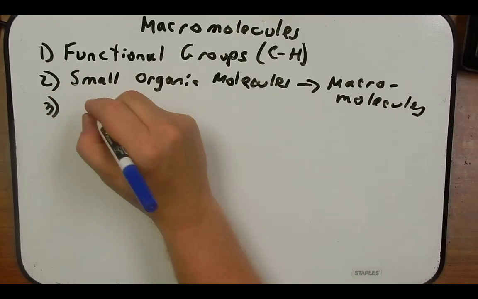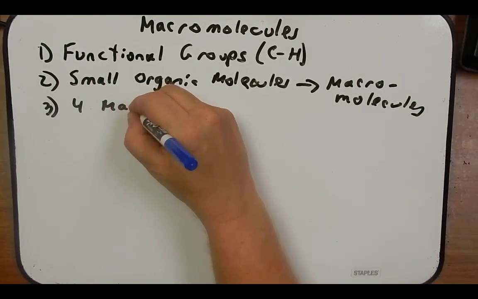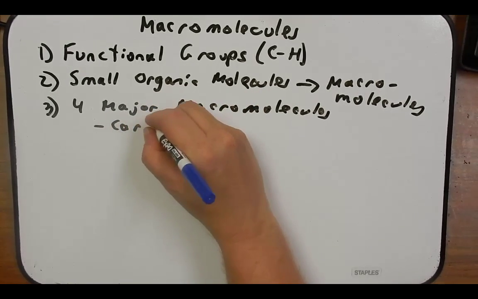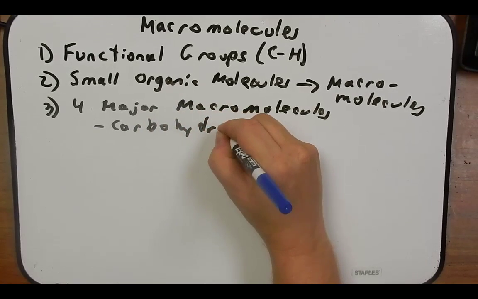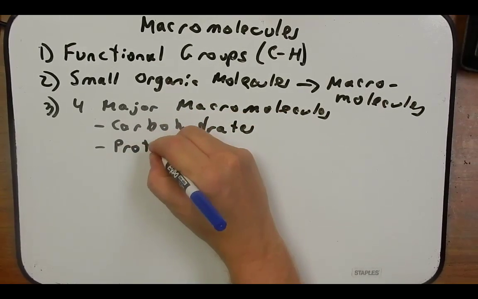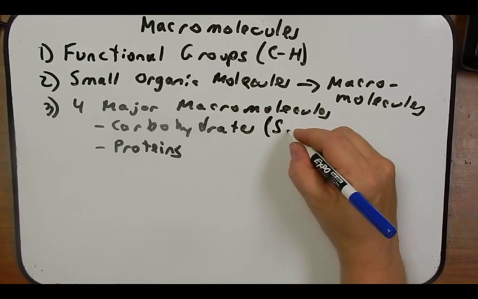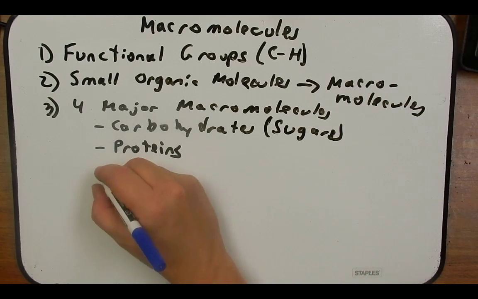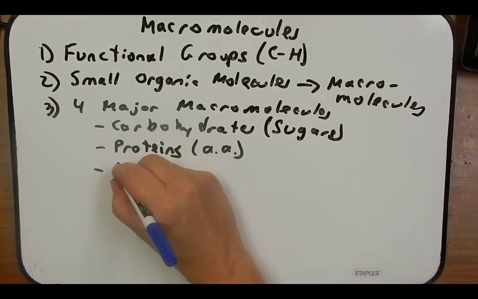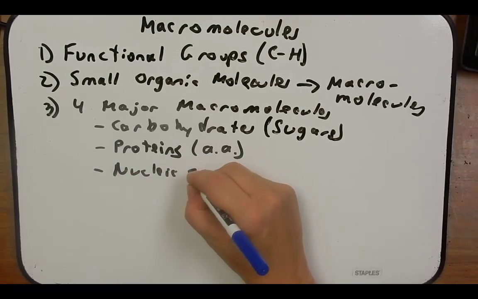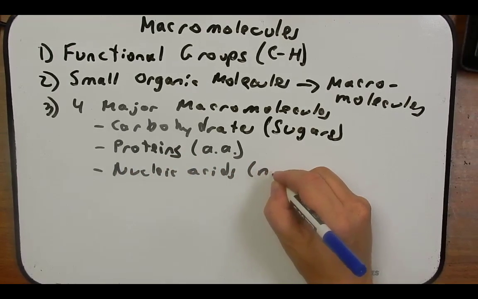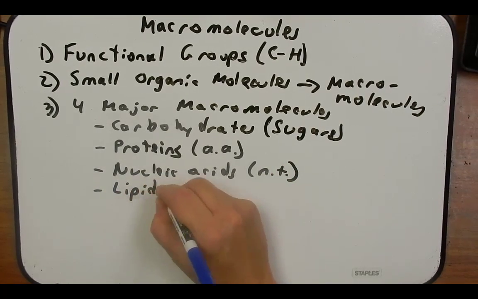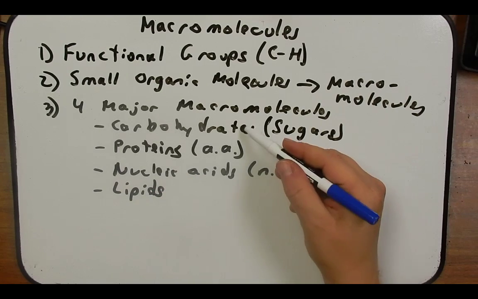We'll then spend quite a bit of time talking about the four major macromolecules: carbohydrates, proteins. When I say carbohydrates, I mean more complex sugars, not just a simple monosaccharide. Proteins, which are made up of amino acids, nucleic acids, made up of nucleotides, and then lipids, which aren't really a classic polymer like these three here that are made